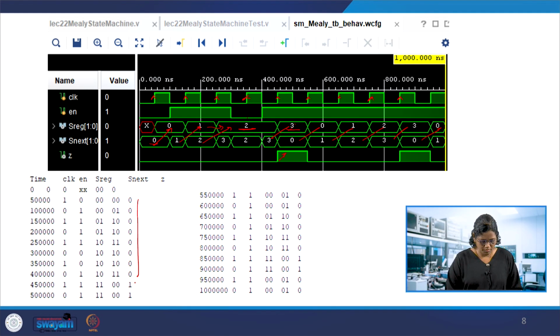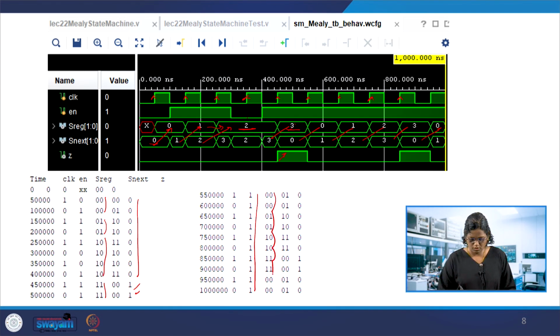You can observe the same thing here into the D. So 1 1 and 0 0, 0 1, 1 0. It stays over here because of the enable 0 for some time, and then the enable is 1. In all the cases, 0 0 moves from one state to another: 0 0, 0 1, 1 0, 1 1 and then again to 0 0. So it moves over the other states. So for the Mealy machines, that is the representation from which we can get these waveforms.